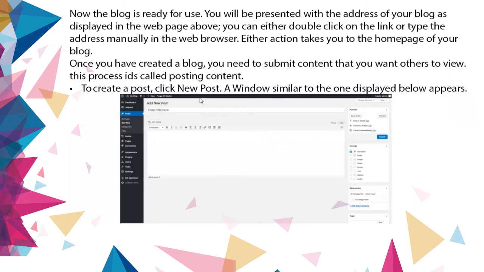First, to create a post, click on new post.